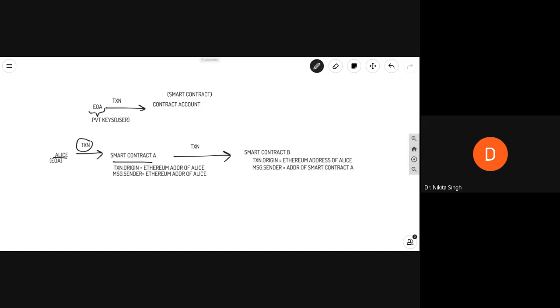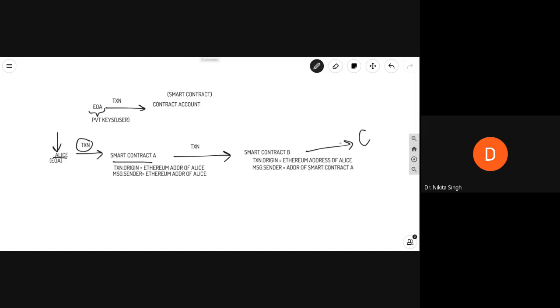So you can see that message.sender gives you an Ethereum address, and transaction.origin also gives you an Ethereum address. But since Alice was the initiator of the transaction, the origin will not change. Even if smart contract B initiates another smart contract C, the transaction origin will always be the Ethereum address of Alice.